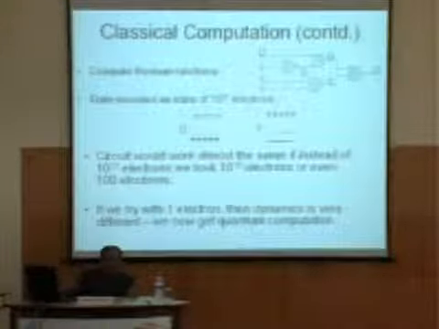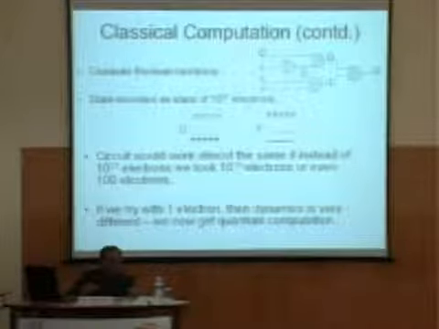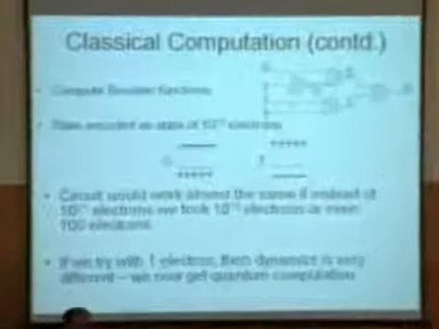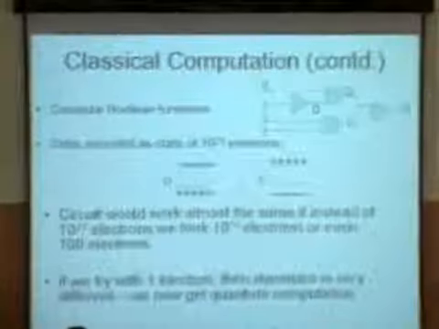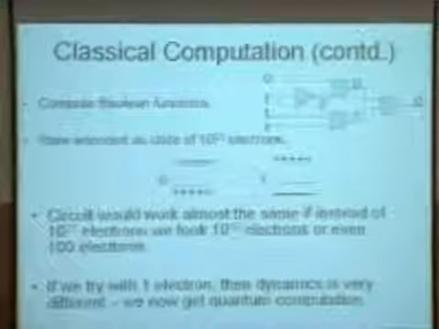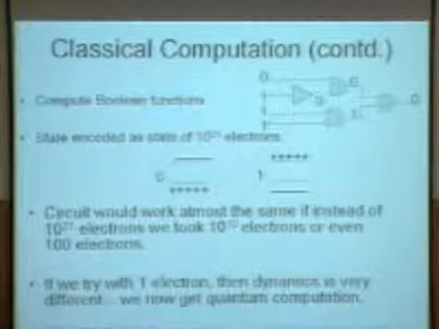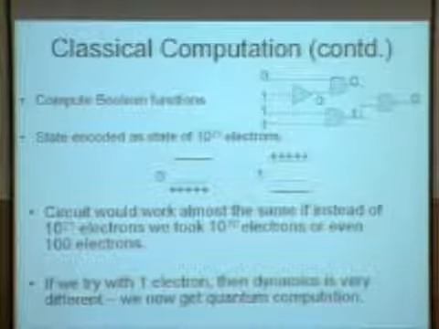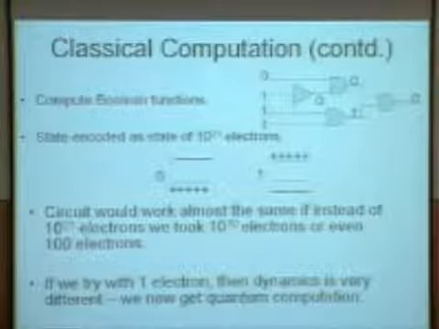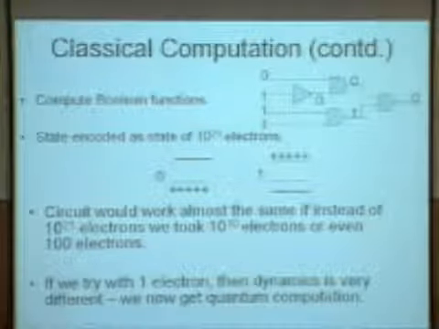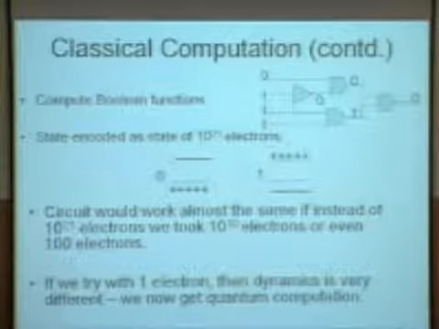Suppose instead of 10 to the power of 21 electrons, we were to go to 10 to the power of 20 electrons. Well, things would become smaller. Our circuits would become smaller, more efficient, less power dissipative. And that is what the VLSI revolution has been all about. If we were to go to 10 to the power of 10 electrons, then you come to nanotechnology and the nano revolution. And if we were to go to 100 electrons, then you come to DNA computing.